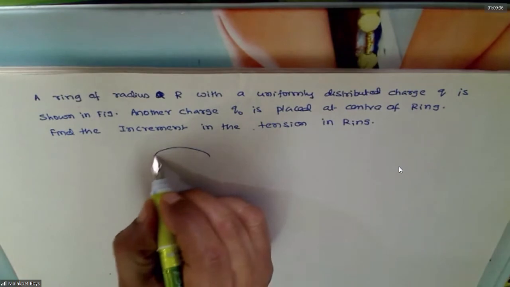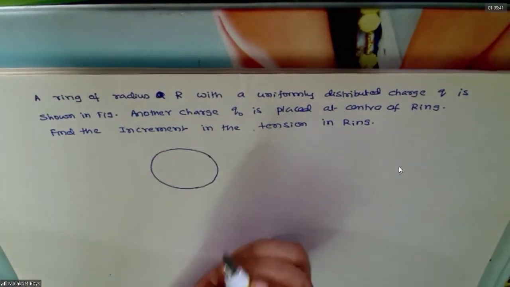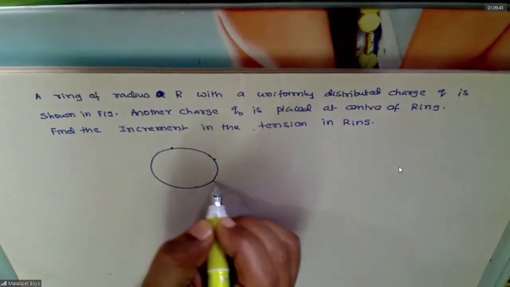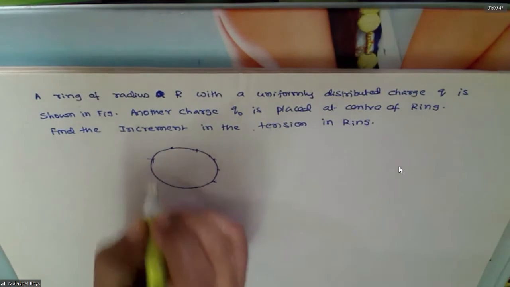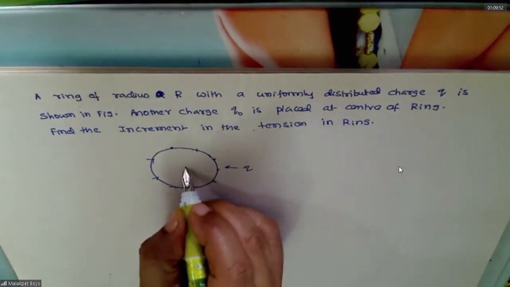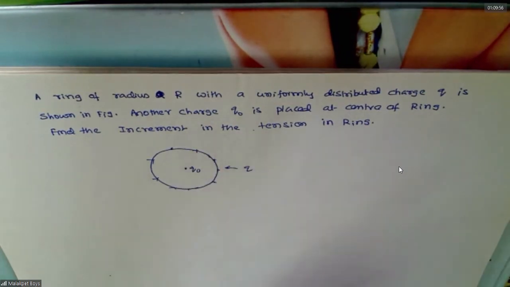This is a ring. Definitely it will have some tension. This is having a charge. What is that? Q. Throughout, we have a uniformly distributed charge. Now we are placing this. Obviously there is a repulsive force between them now. So you can see that